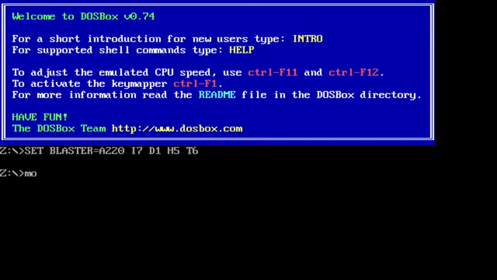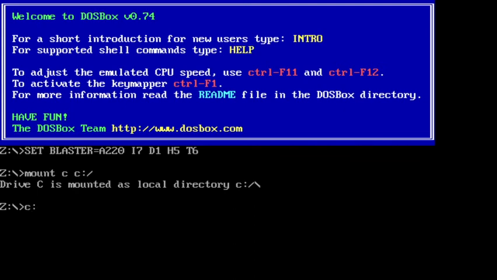For that you write mount C space C colon backslash, enter, then C colon backslash. Then we can create the directory for the 8086 folder.